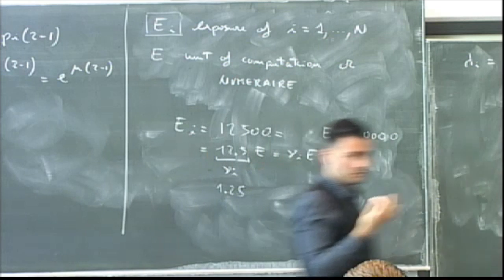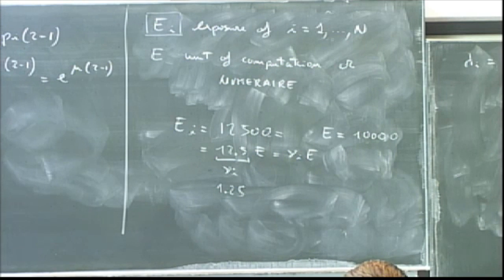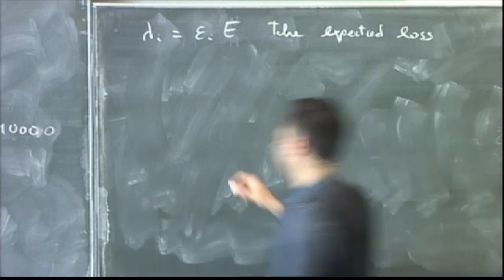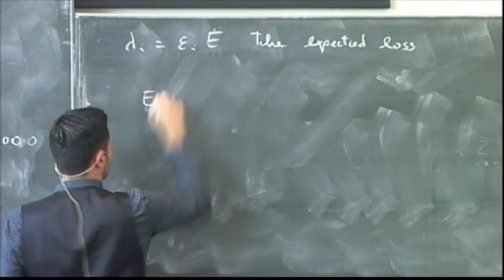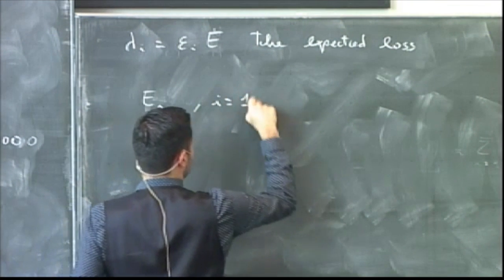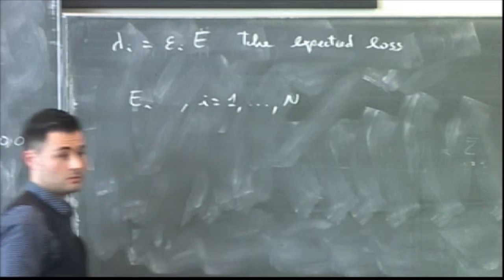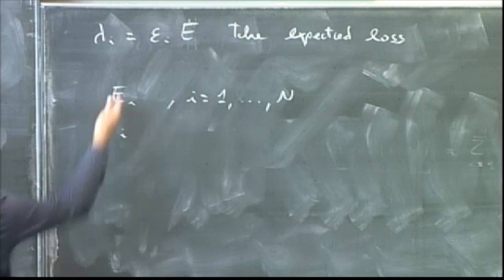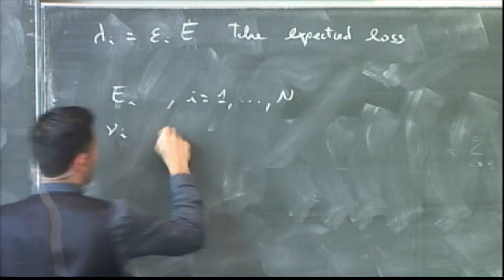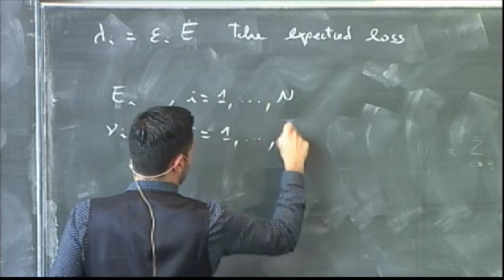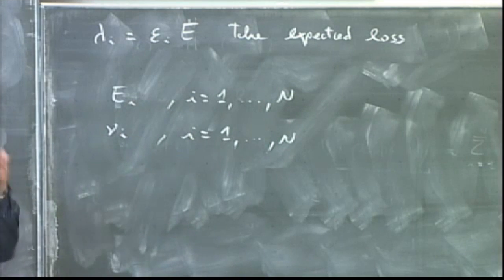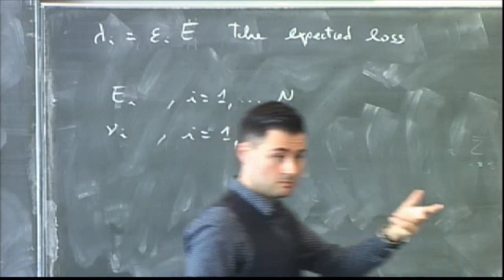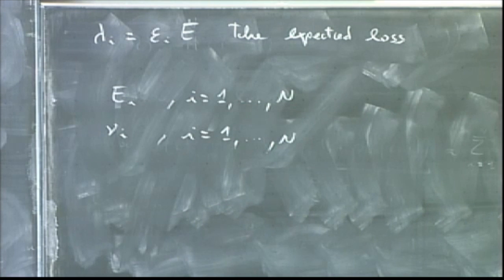Now, what's the point of this? The idea is that if I have all my exposures of counterparties, I will have a collection of E_i for i from 1 to n, and this will generate a collection of nu_i, which is just this in terms of the numeraire, from 1 to n. But now, if I choose the numeraire in a clever way, I can define bounds